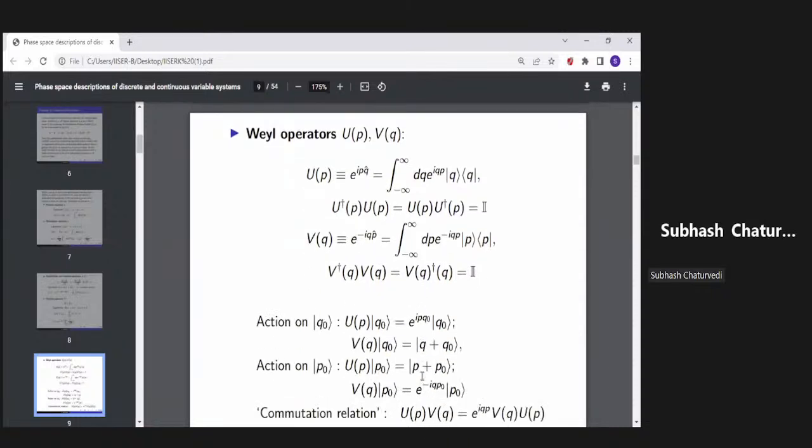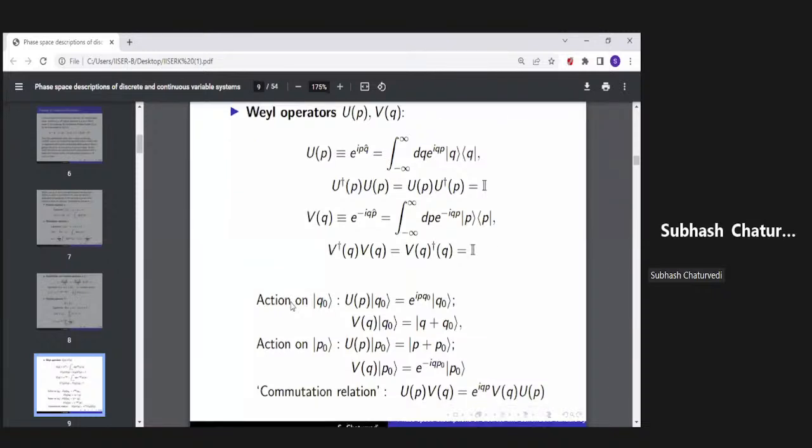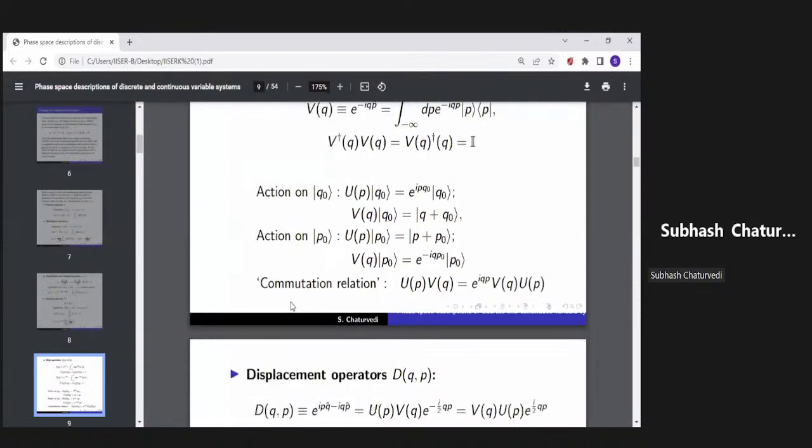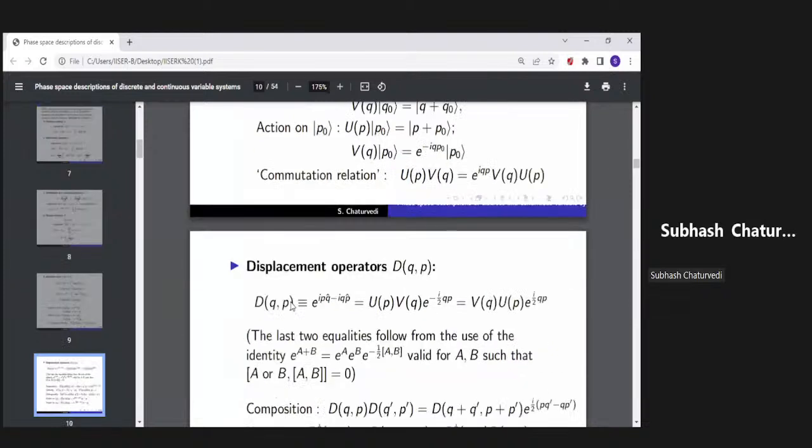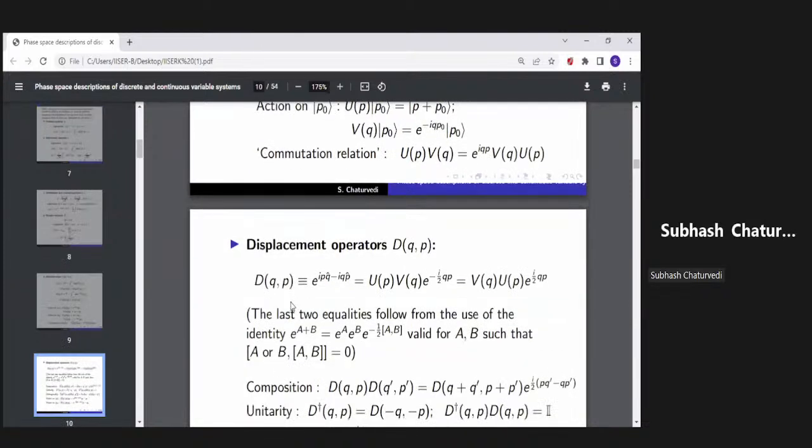There are some typos here. There should be a V here, for instance, V_Q dagger V_Q equal to identity. So I have listed them for completeness. I'm sure that most of you are familiar with it or can derive it very easily. Out of these operators, we can construct a displacement operator,